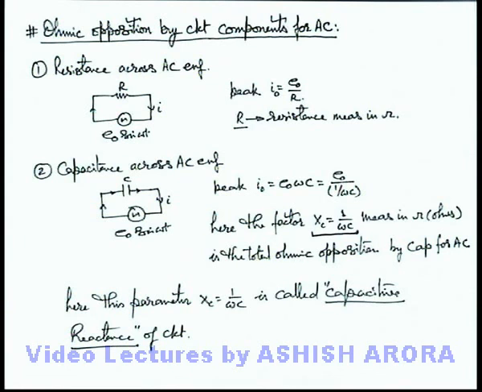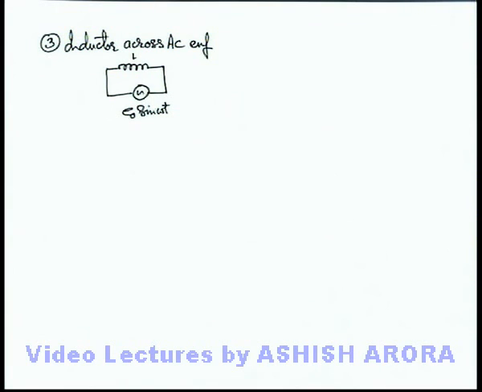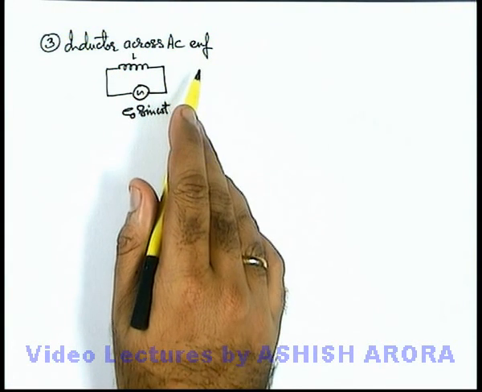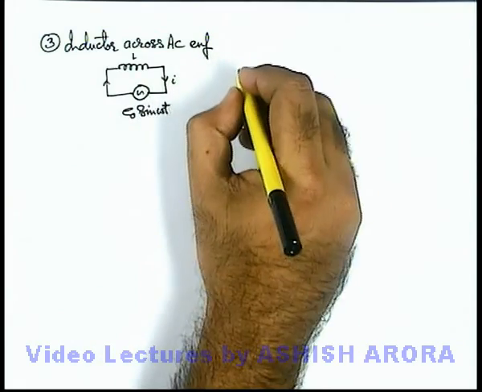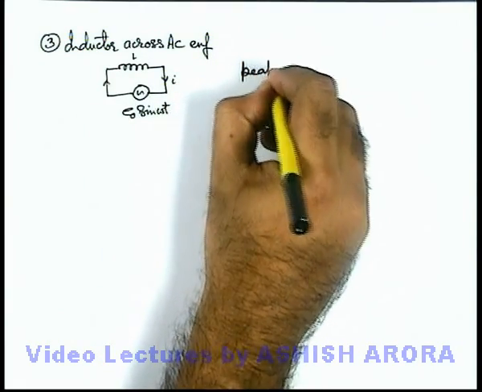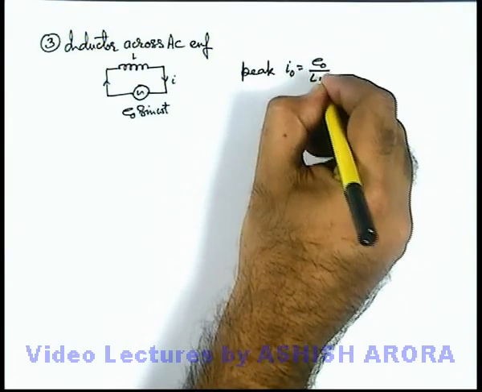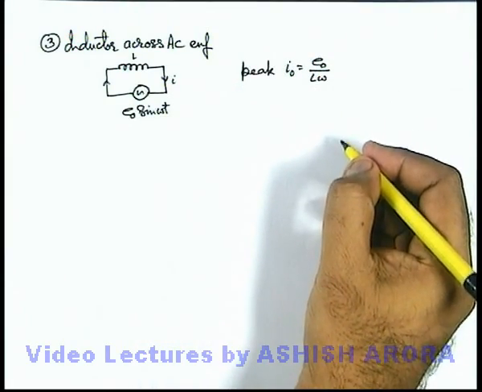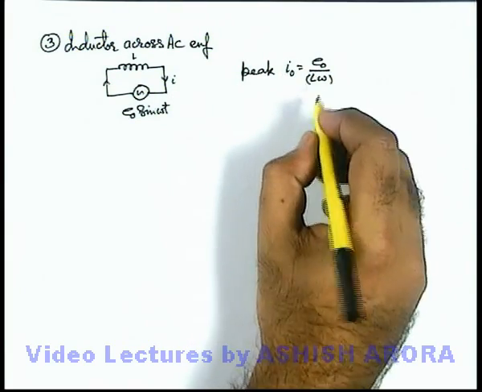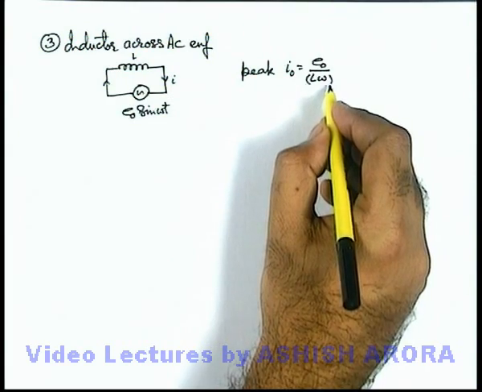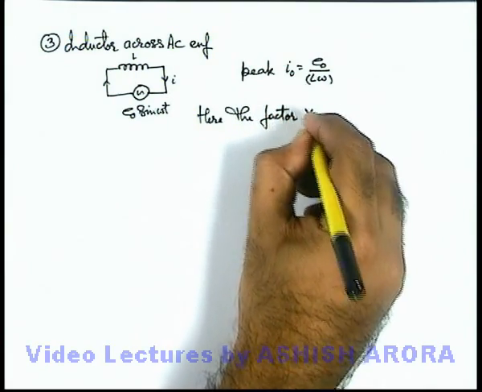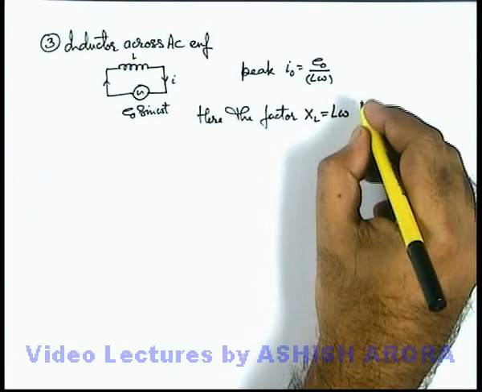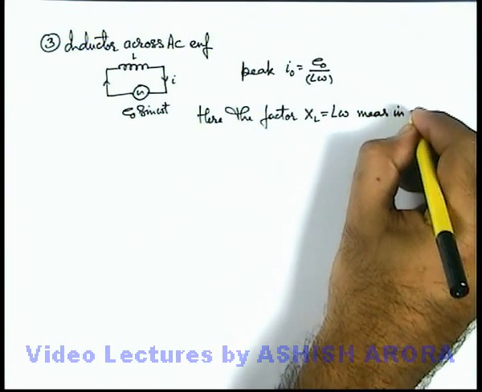Let's continue on the next sheet for the last case, of an inductor across an AC EMF. Let us continue with the case of an inductor connected across an AC EMF. Here also we have seen that when an inductor is connected across an AC EMF, the current flowing through the circuit has a peak value I0 = E0 by L omega. We have calculated it in the previous sections. And in this situation we can see that the factor L omega must have a unit of ohms. So we can write that this factor, denoted as XL, which is written as L omega and is also measured in ohms,